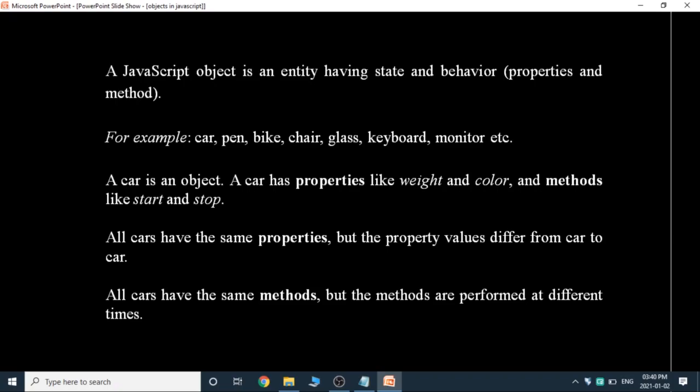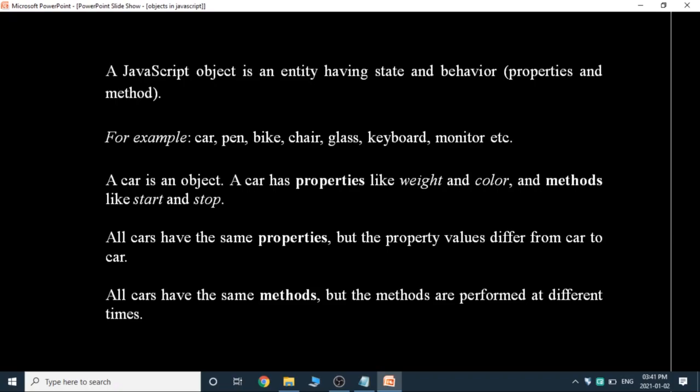For example, let's take a car. Car is an object. A car has properties like weight and color. Similarly, it has methods like start and stop. Do all cars have the same properties?